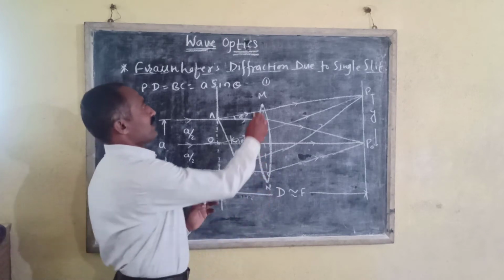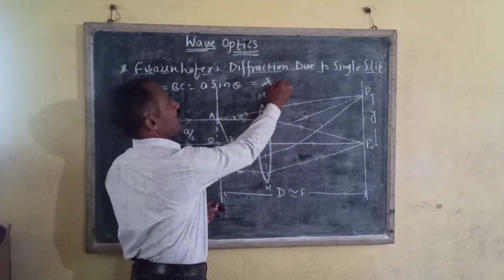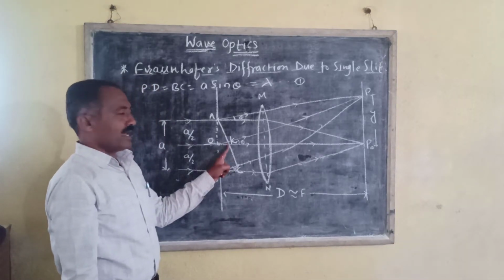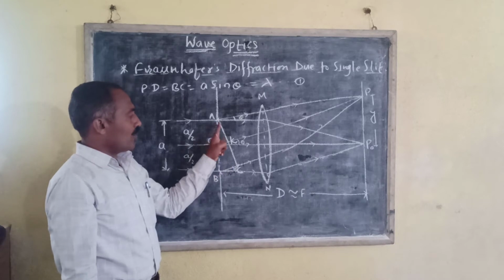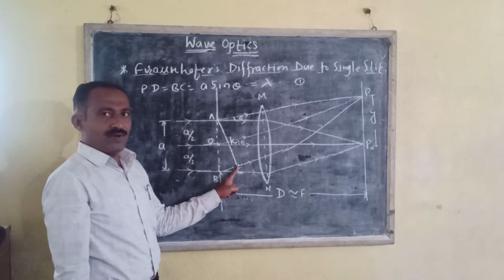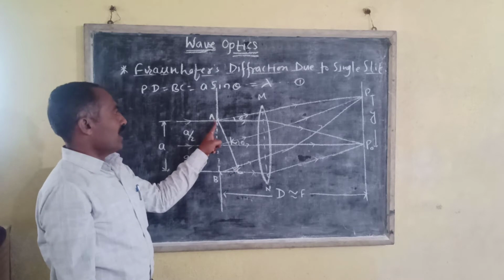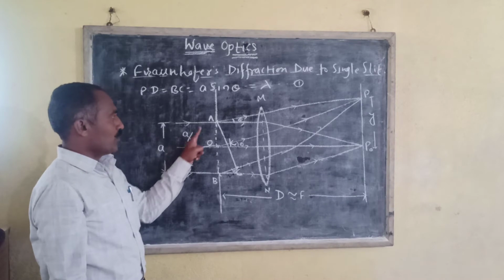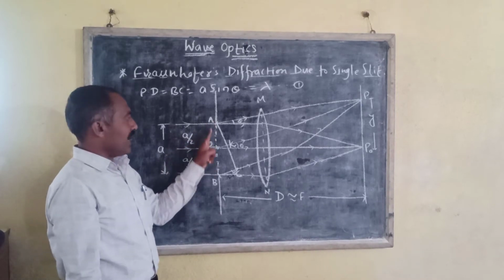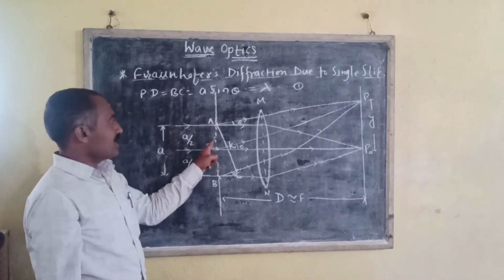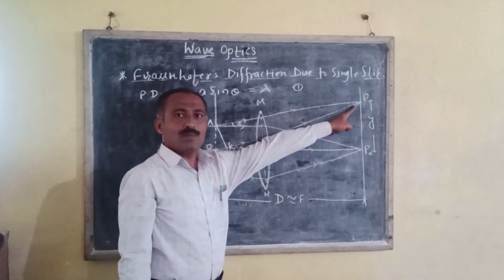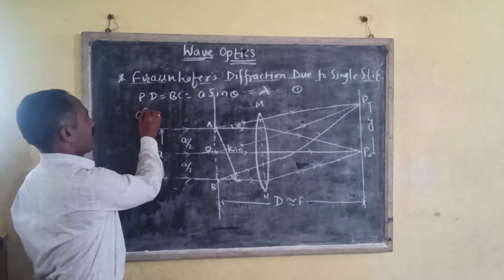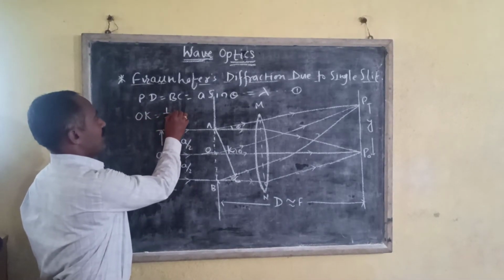Suppose that this path difference is equal to lambda, that is the wavelength of the light waves. Now consider the point K which is at the midway of AC, and therefore the light waves from the extreme points A and O, which is at a distance a by 2, reaching P from A and O have a path difference of lambda by 2, that is OK is equal to half BC.